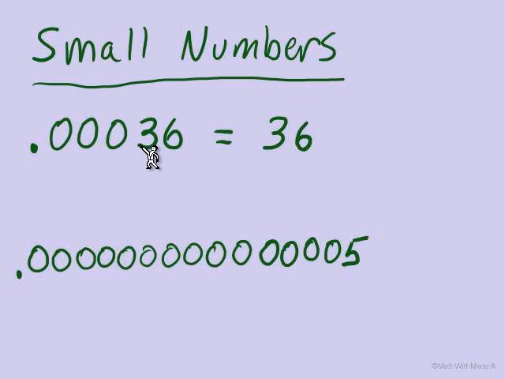We still want to pull off those digits that are non-zero, so we're taking the 3 and the 6. Still, we have this rule that we like to keep a number between 1 and 10, so put the point right behind that first digit. We've got 3.6. Now, if that point is between the 3 and the 6, how many places does it have to move? Well, we can see that we've got 1, 2, 3, 4 places we have to move,